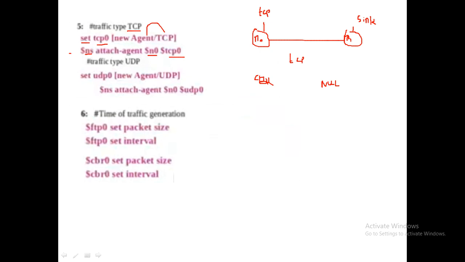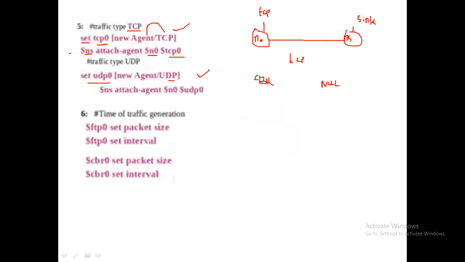Similarly, if you are using UDP, then set udp0 new agent slash capital UDP, and the same command $ns attach-agent $n0 $udp0. Clear? Whether you are using TCP or UDP, the traffic type you have declared.